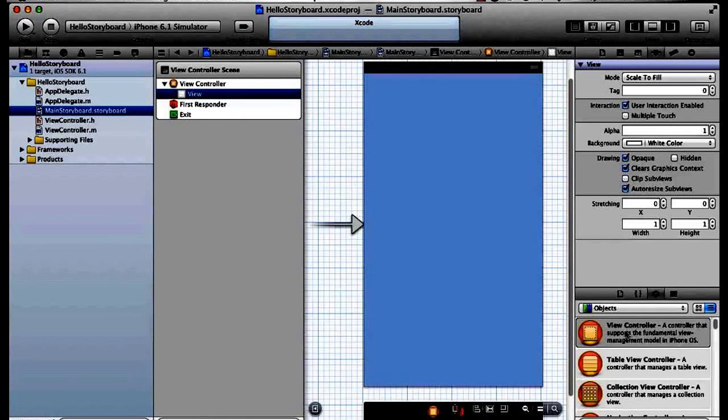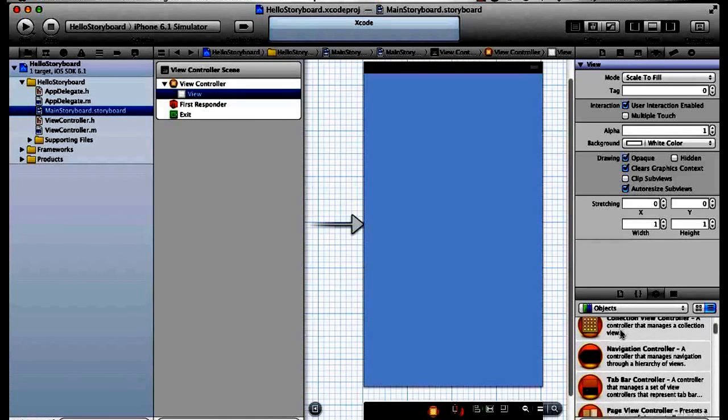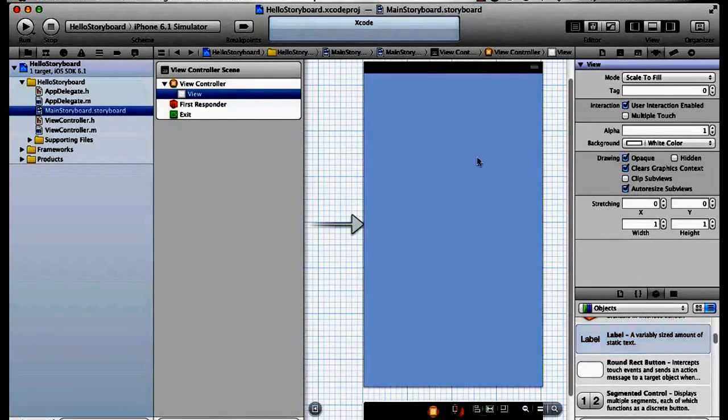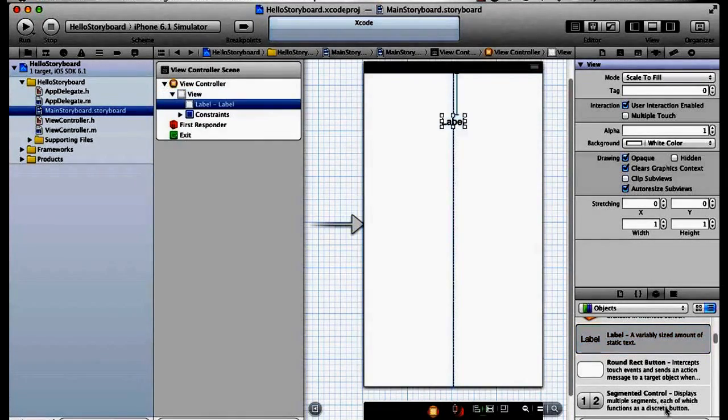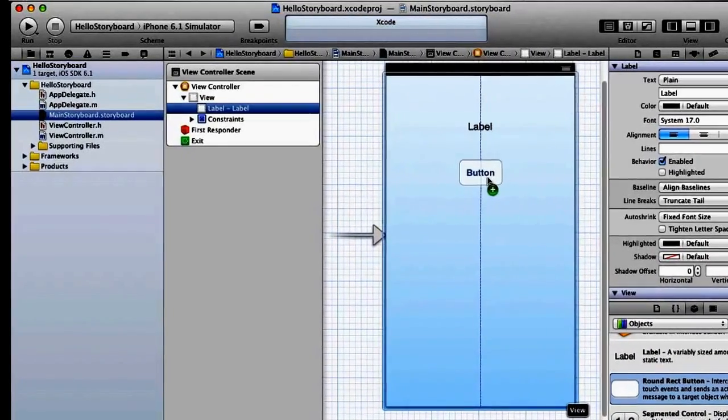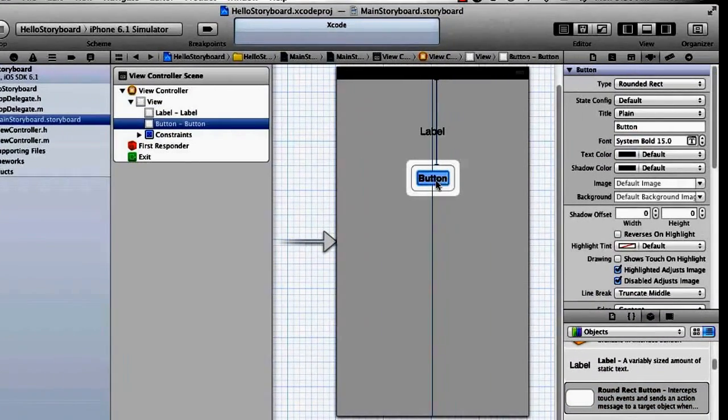Now I can do the same thing that I would do in a regular application. So I'm going to drag out a label, and I'm going to drag out a rounded rect button. I'll change the text on the button to